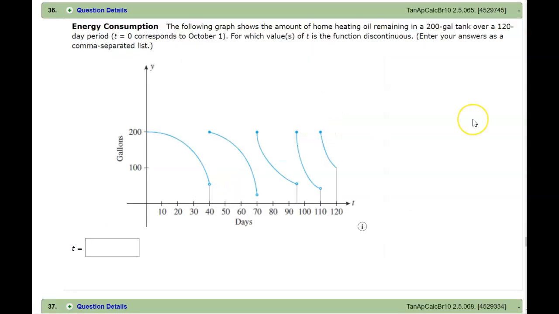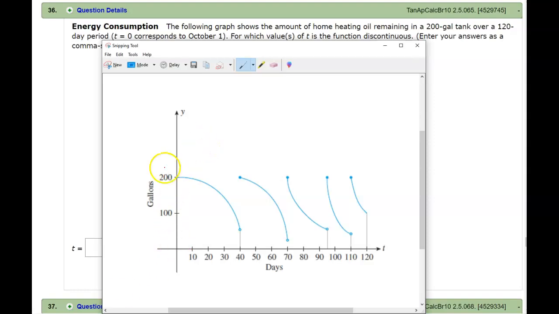This is the graph of the amount of home heating oil remaining in a 200-gallon tank over a 120-day period. So looking at this graph, we can see that the tank was filled up, 200-gallon tank. We empty it out slowly, and then it's filled up again. We empty it out again, and this time we empty it out even more. And then it's filled up again, and we use it very quickly. That looks like a cold spell in there. We used it very quickly here. It went a lot steeper. And then it warmed up a bit, and then we filled it up again and used it,